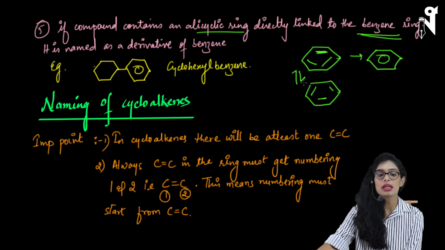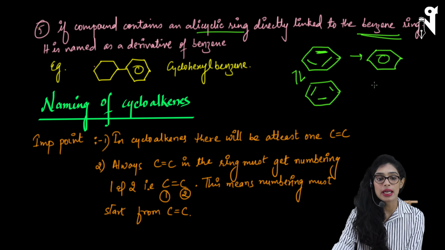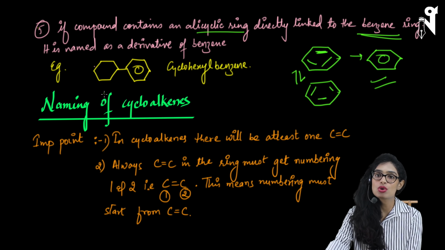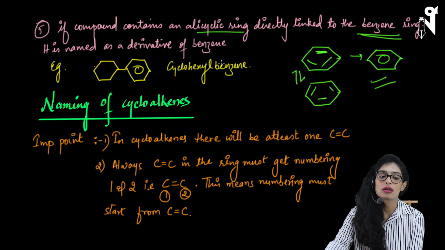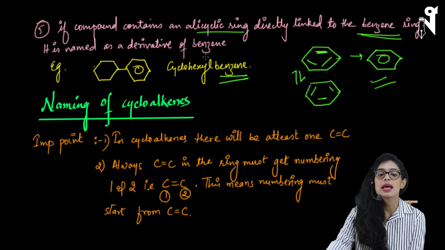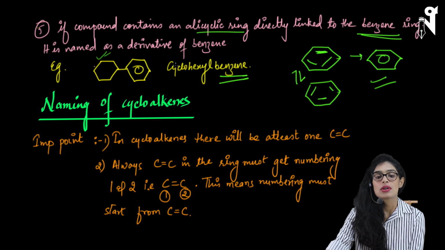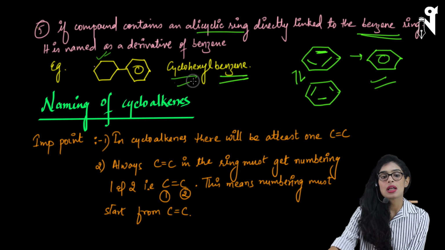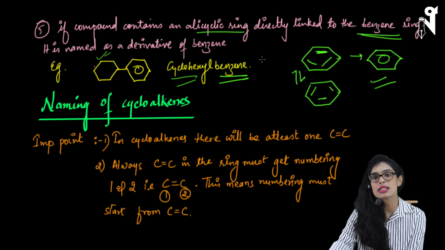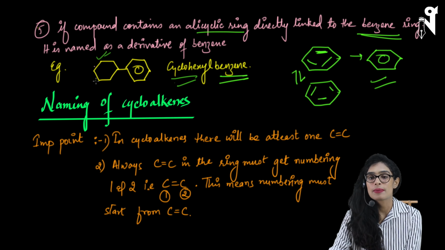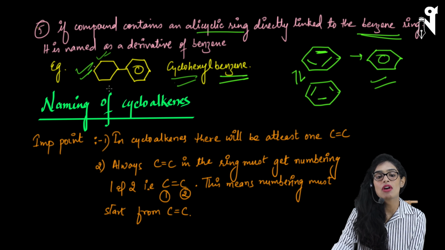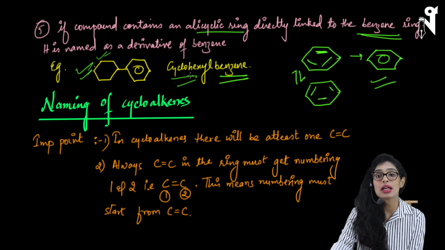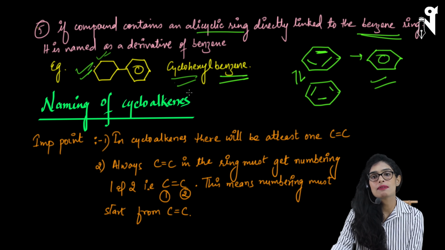And that is why we put a circle inside. Okay, so if the benzene ring is attached to your cyclic ring, in that case, no matter what, your benzene will be acting as the main chain and your cyclic chain will be acting as a branch. So we have written it as cyclohexyl benzene. Cyclohexyl is the branch and benzene is the main chain. Now here the chain could have been a bigger chain also, but still it would act as a branch. If it would be a 7-membered ring, then the name would have been cycloheptyl benzene. If it would be a 5-membered ring, it would be cyclopentyl benzene, but benzene will be acting as the